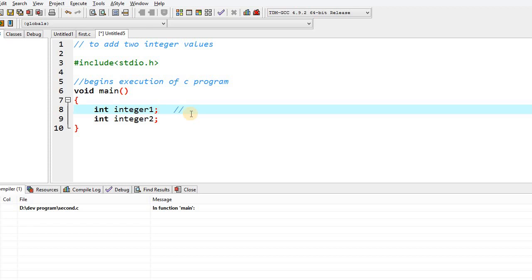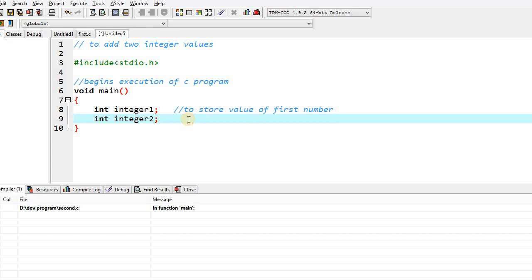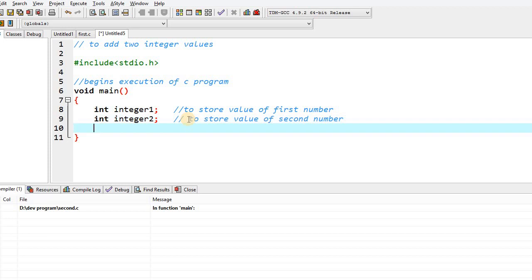You have to also mention in a comment why we have declared them: to store the value of the first number. Okay, and why have we declared this one? To store the value of our second number.